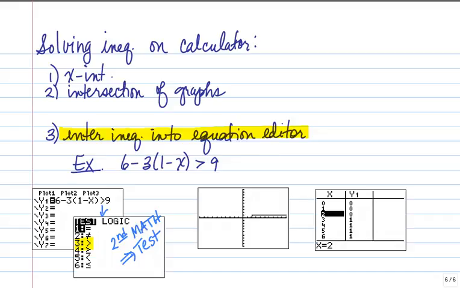So notice that this one is graphing not the line, it is graphing the region that we should be shading on our number line. So it's saying everything to the right of 2 should be shaded. This is not a very good method to help you with fractional values. You don't really know that endpoint precisely, so you have to do some work to find that. But the other thing is you also don't know from here if you have to do a parentheses or a bracket. But you can go to the table. If you press second and graph,